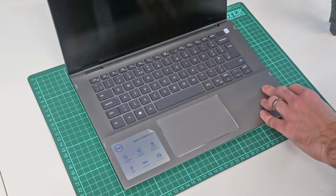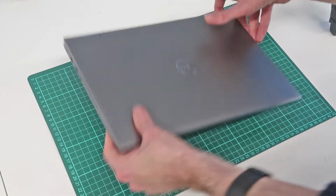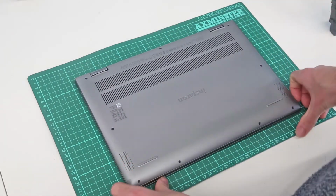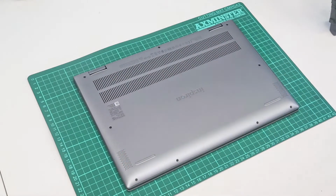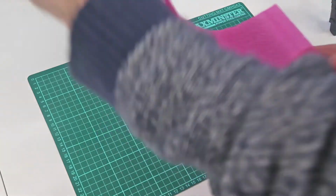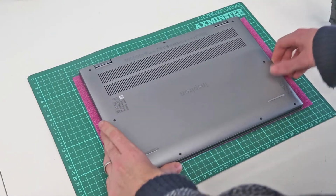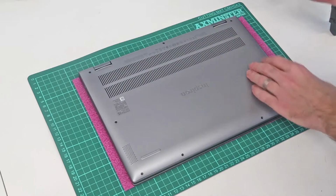So the first thing we're going to need to do is shut it down using the shutdown /s /t 0 command in Windows, just to make sure it is properly shut down and not asleep. And just to avoid any scratch marks, I'm going to swap this in underneath it so I don't scratch the lid. And we are going to take our screwdriver,